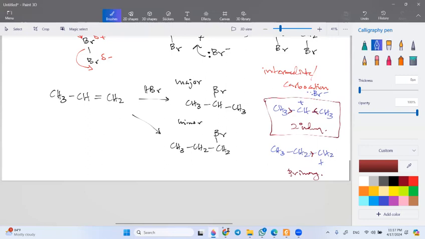That's all about alkenes. Now we'll go through some questions. Then we have alcohols and halogenoalkanes. We can do it one day. Anyway, I'll try to